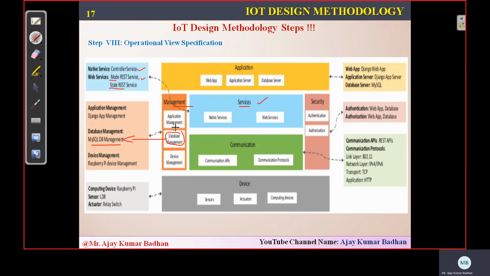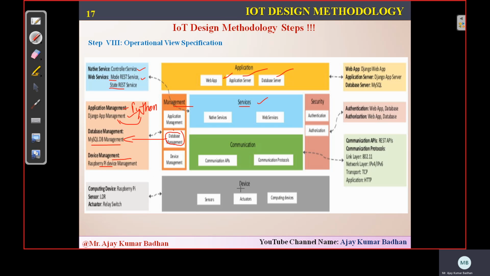Now the application management is about these applications needing to be seen manually by the user on a smartphone. For that we require Django app management for writing the code. Here we use Python for writing. Remember, we are going to use Python programming for this application, not Java or any other language. But if you are more familiar with Java, you can even write programs in Java to execute these IoT systems. Then for device management, we have something called Raspberry Pi.